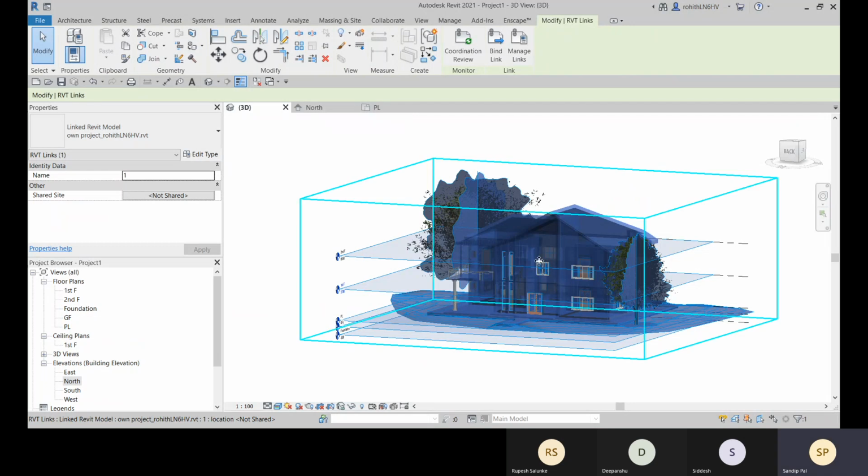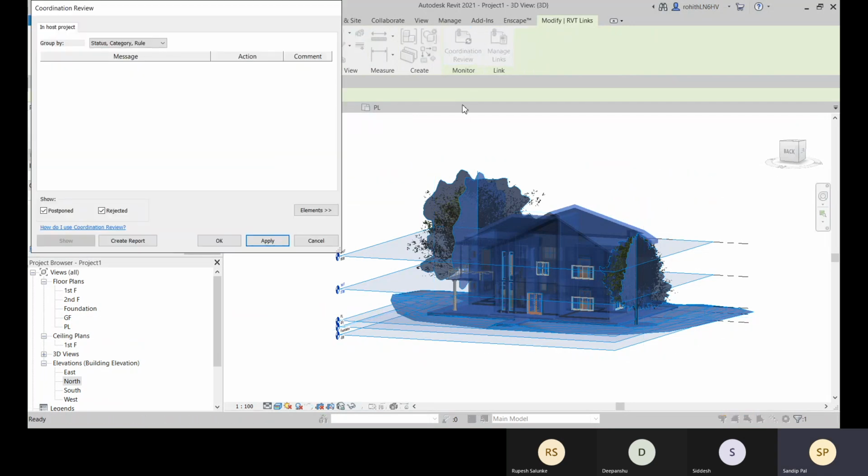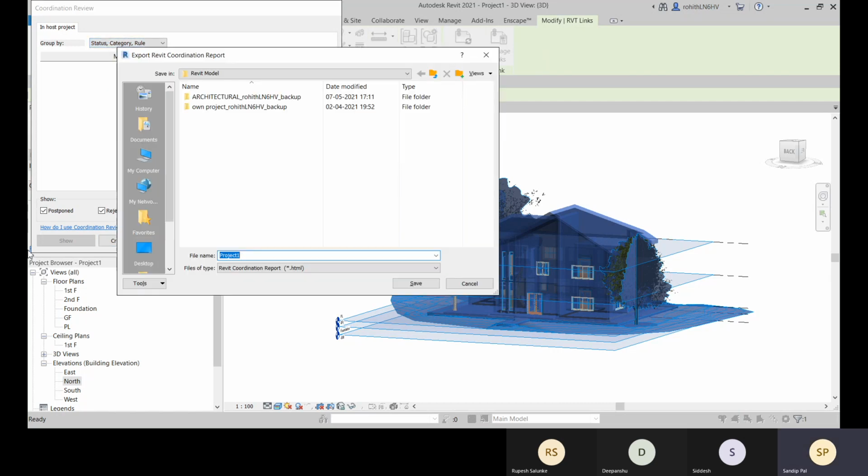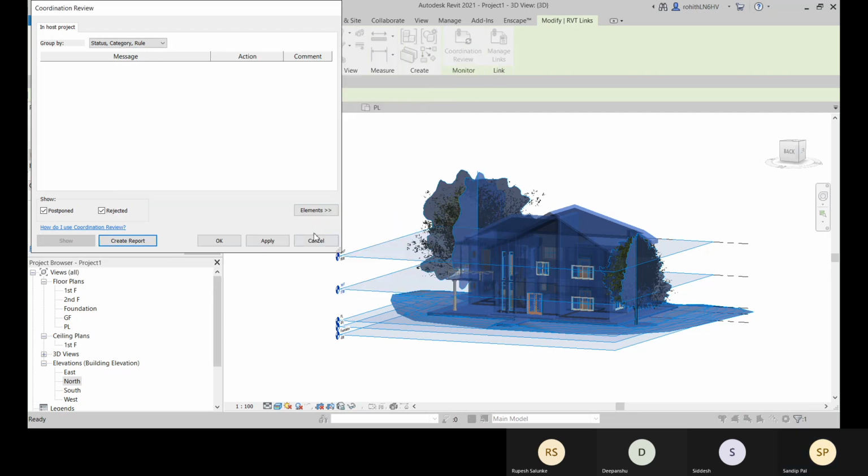Now after selecting it, you can go for this coordination review and right now you can go for this create report about the coordination review. All right. So there is nothing changed right now. Everything is fine. It can create this report as an HTML file.